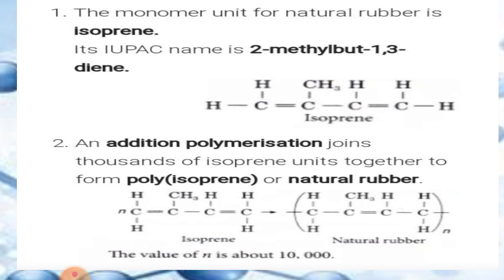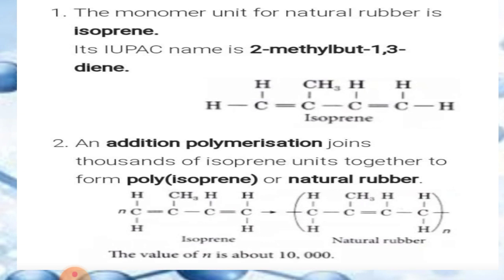The second and third carbon will become unstable, so the double bond will be formed at the second and third carbon. Here, student, the linking is taking place at C1 and C4. At which position is the linking taking place? It is taking place at C1 and C4. So it is also known as 1,4-polyisoprene. Why is it known as 1,4-polyisoprene? Because the linking is taking place at C1 and C4 with another monomer unit of isoprene.